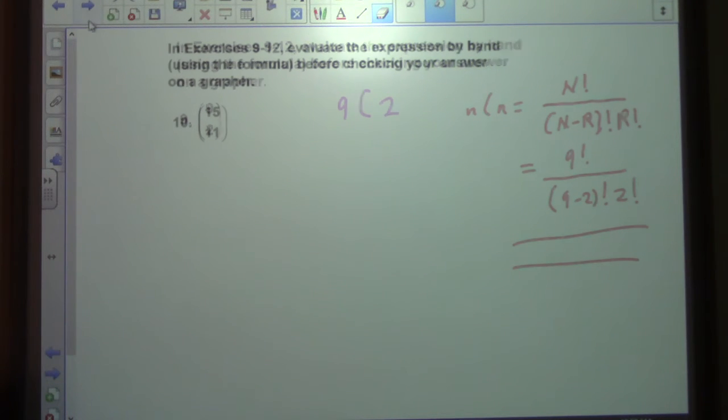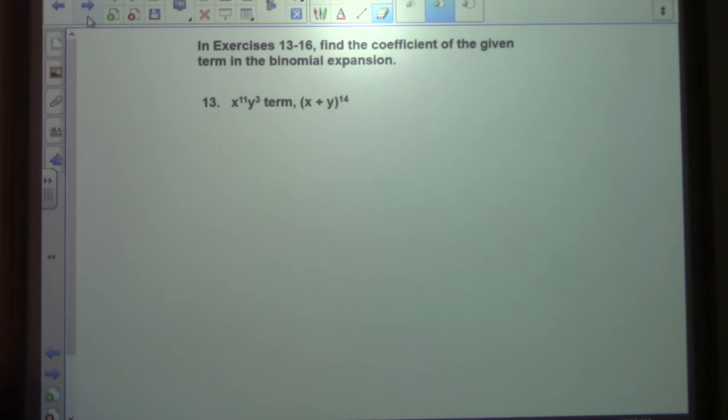Okay, so now we are to these ones here where we'll look at problem 13. It says find for the given term. So now we're not going to expand the whole thing out, but just look for this term right here. I'm going to show you what that is by first just beginning to write it out and see what that looks like. So to get to this x to the 11th y cubed term,